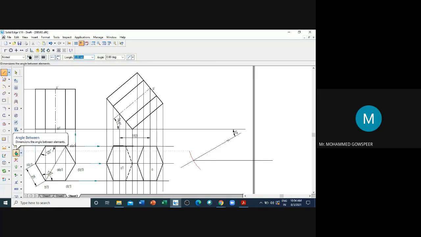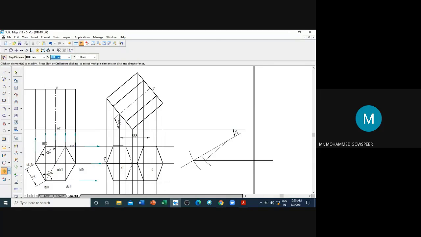Then again you select the arc by center point. When you place the cursor on the arc, it will show the center point of the arc. Select that. Now the apparent inclination length is this one, 38.3. Now give the radius 38.3. Okay. Then you connect this. Now above this line, I have to place this one. Sorry, I forgot that in a previous step.